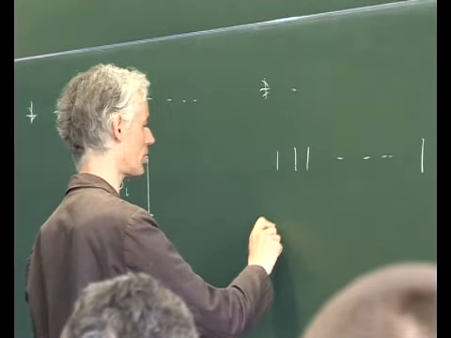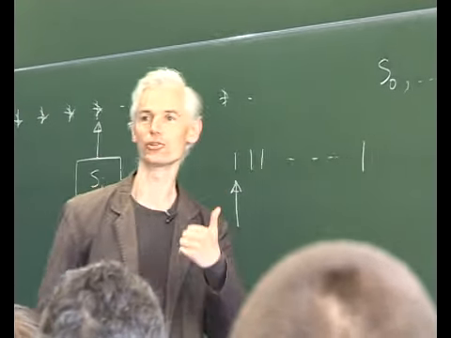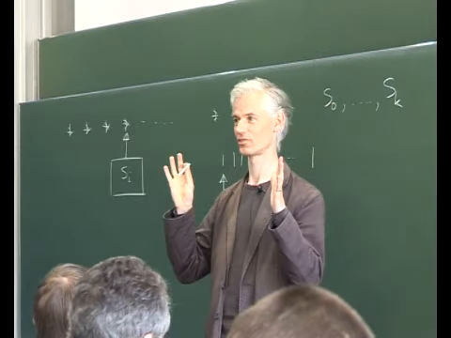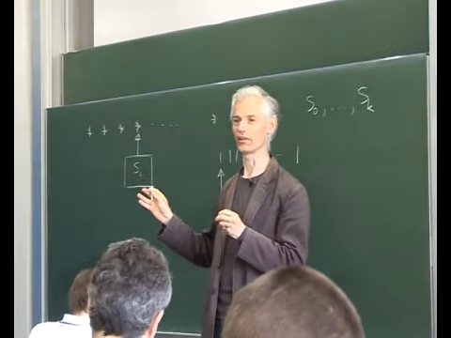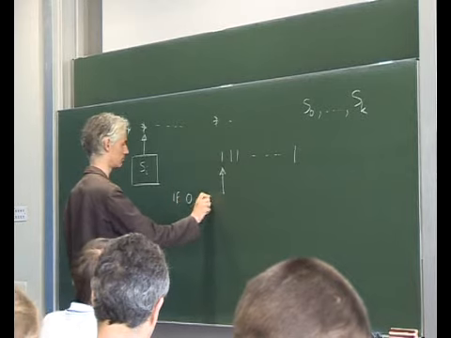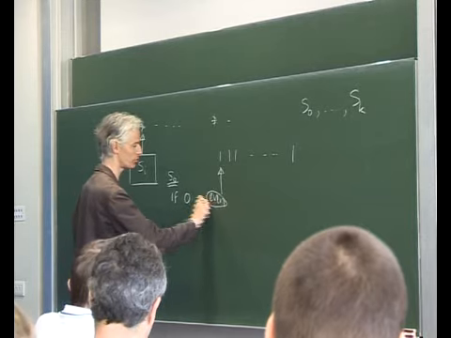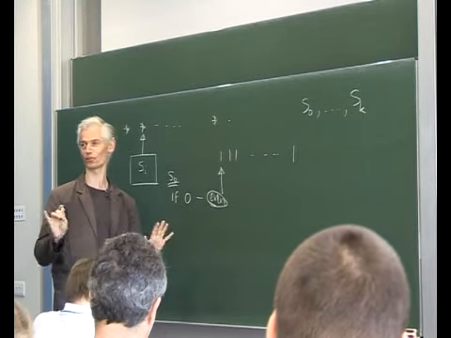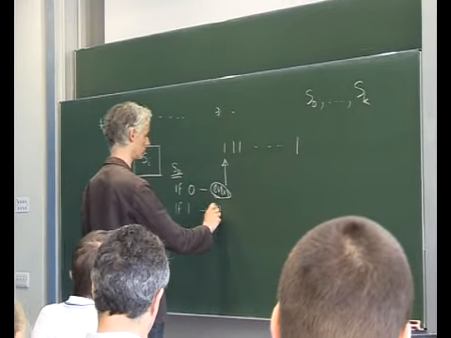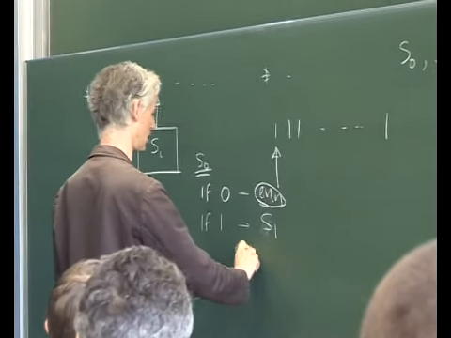Here's our string. So we start in state S0, pointing at this bit here. And then S0 could say, if you see a 0, then change to a state that just says even. And if you see a 1, then go from if naught. This is S0's instructions. If naught, then go to the state which we call the state even, and just stop, you've finished. If 1, then go to state S1 and go right